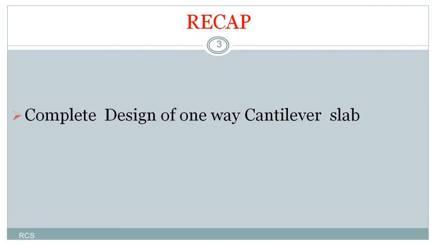After calculating the effective depth and effective length, we calculated what the total load is. Total load means dead load, live load, and any finishes, the finishing load also considered. By adding all together, we have calculated the total load. The total load must be multiplied with a suitable partial factor of safety, then we get the design load. Based on the design loads, we have calculated the factored moment. That means the maximum moment that can come over a cantilever slab due to application of load.